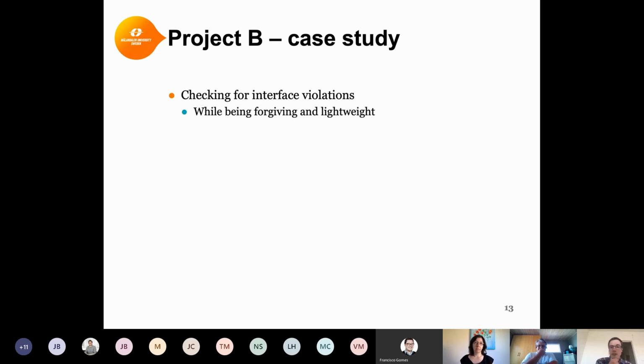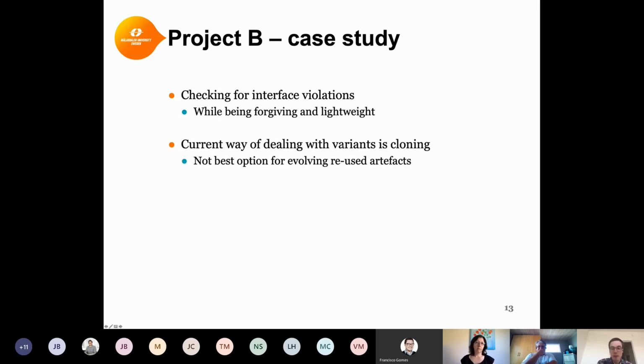So in this situation, the most interesting architectural consistency check is to ensure that the code in the components does not violate the interface definitions as outlined in the system model. In general, of course, unintended dependencies should be prevented. At the same time, as in the other case, the checks should be somewhat forgiving, because you don't want to be blocked in developing something because some consistency check forbids you from doing something.